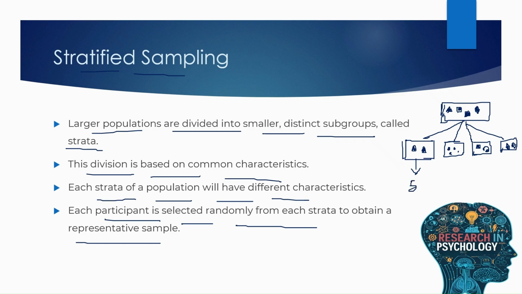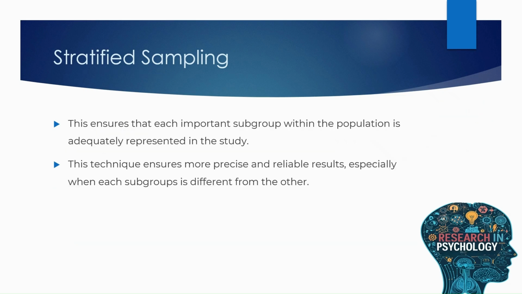I might need 5 from here, I might take 5 from here, 5 from here, 5 from here. In this way, I have divided my population based on a common characteristic into different strata, and from each strata, I am going to choose a sample randomly. This is called stratified sampling, where I first divide my population into strata and then randomly choose a sample from each strata. This ensures that each important subgroup within the population is adequately represented in the study,